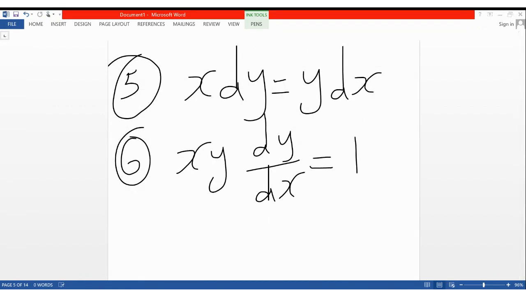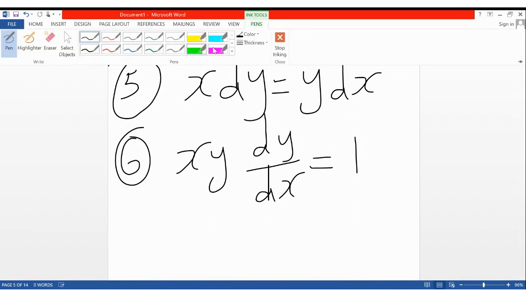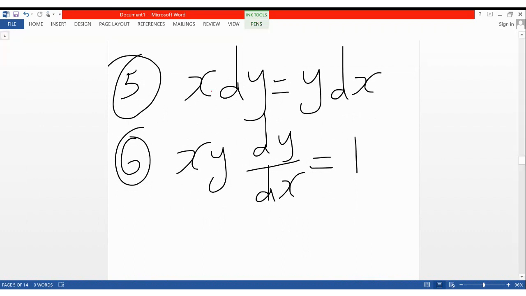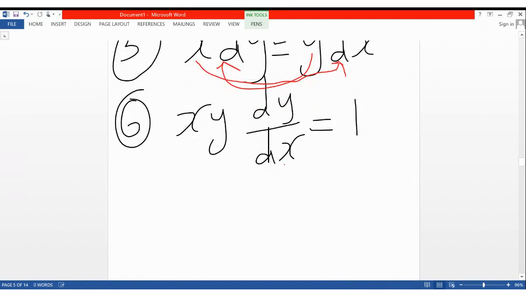Guys and ladies are getting it now. So I'll start with number 5. We said we cannot integrate like this. The problem is the x is on the side of the dy, and the y is on the side of dx. So I need to bring this x to this side, I'll show you with an arrow, and then bring this y to the other side, on the side of dy, with the arrow like that. If we do that, by dividing,